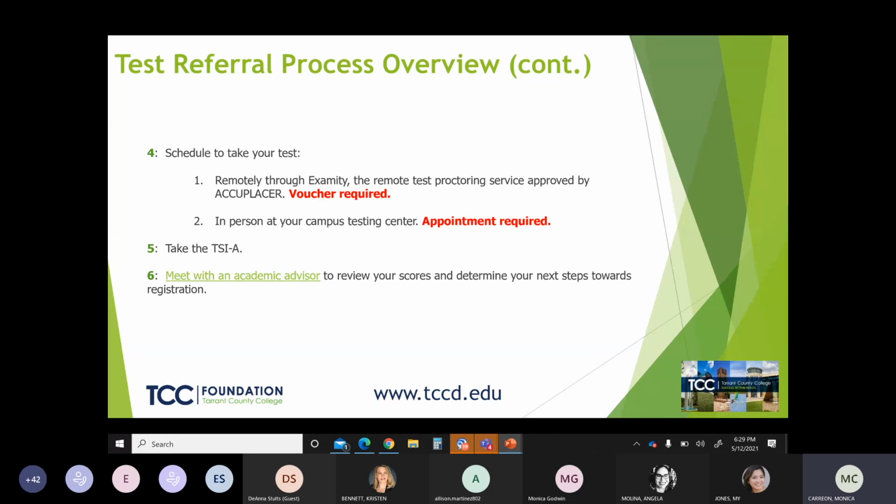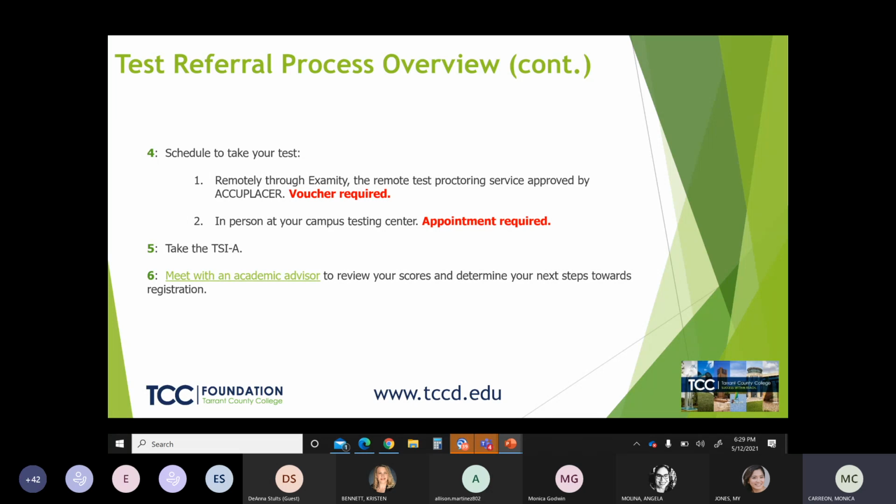Okay, so like I mentioned, a voucher is required to test remotely. That voucher is just letting our third-party proctor examinee know that a student is scheduling a test with them, so they've got to line up a proctor to take your test with you. Now, if you're testing on campus, we do require appointments.